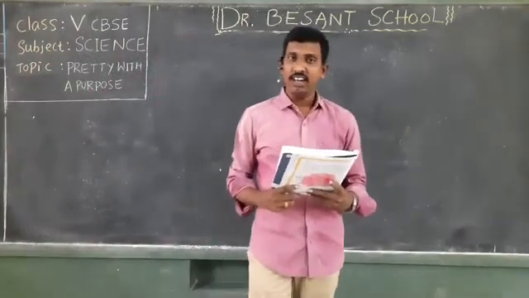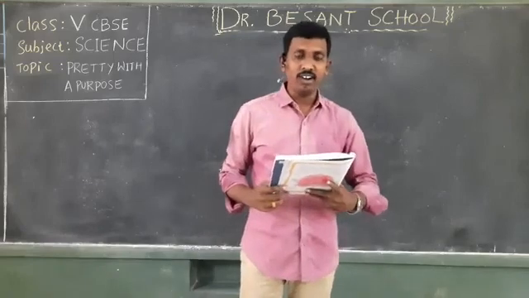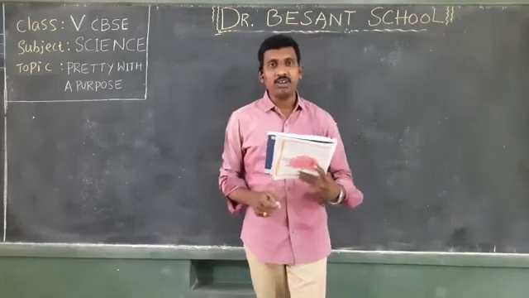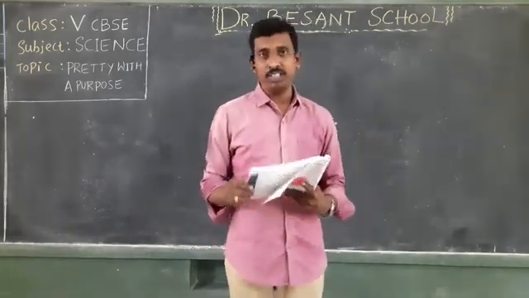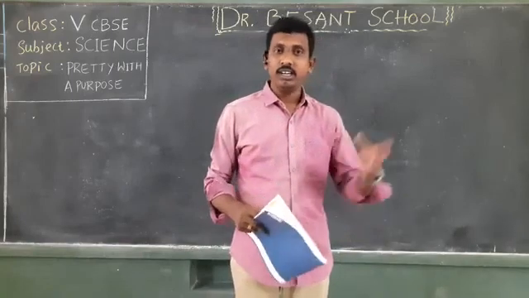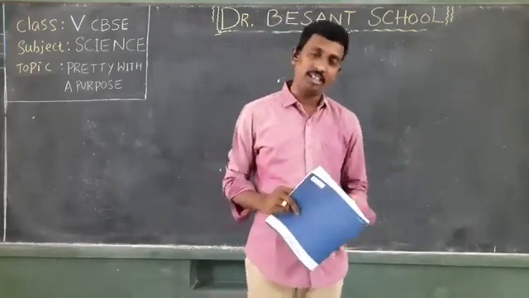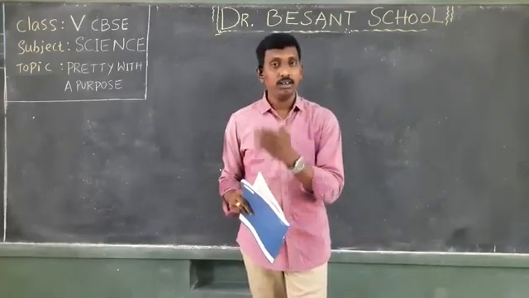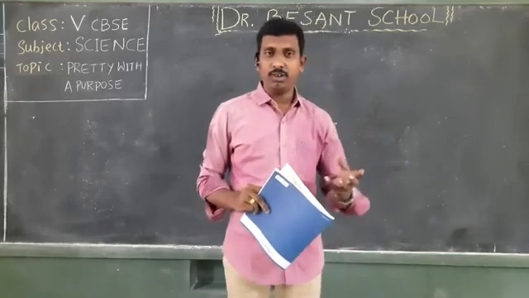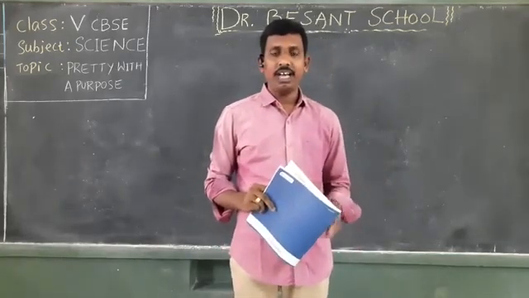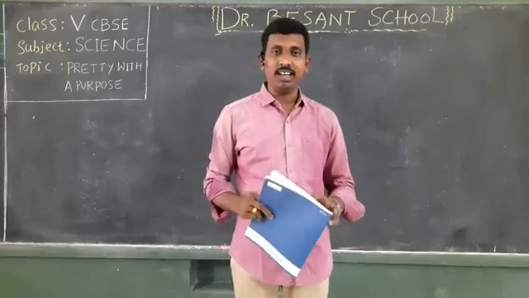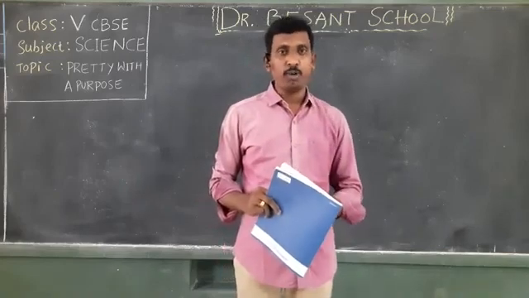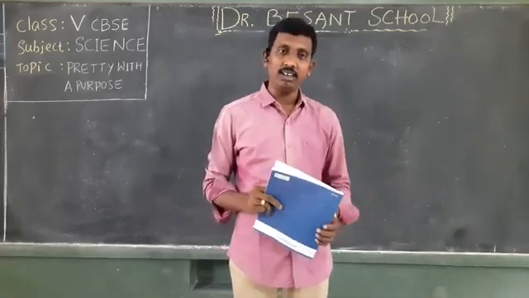I hope you are all fine and following the videos, and you have been following the running notes part also, I think. Now, in the previous class, we completed the lesson portion. What we have learnt about is the importance of pollination, types of pollinators, and the relation between plants, that is flowers, and pollinators. And we learnt that if the pollinators become extinct, there will be great damage to the generation of new plants as well as the supply of food products. These are all the things we have learnt in the previous class.